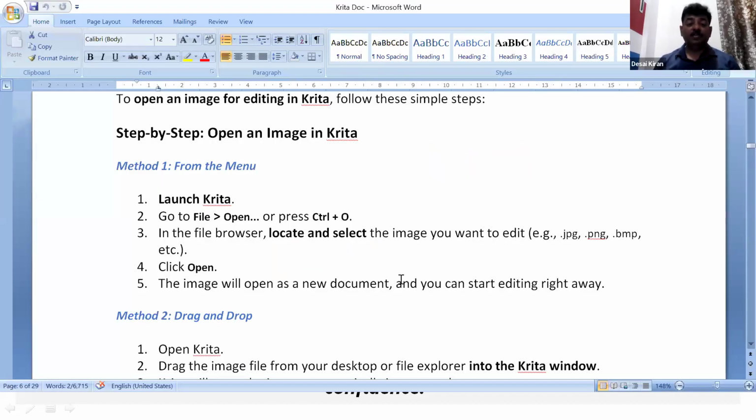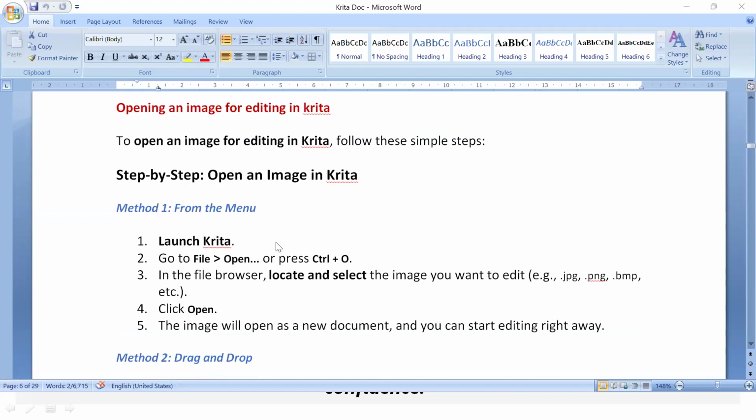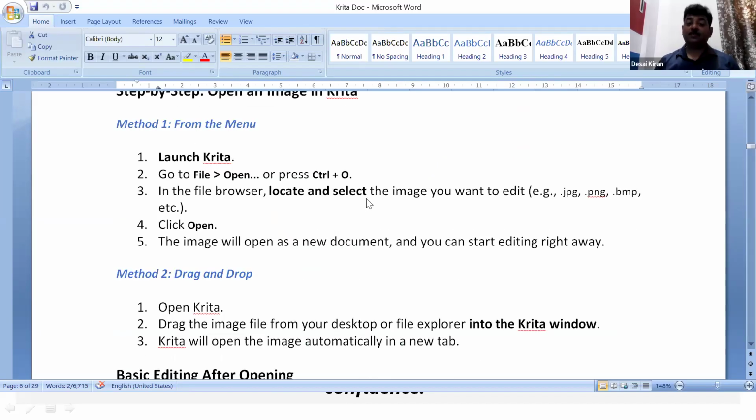So here, see, in order to insert an image for editing in Krita, first in the File menu, open option, select whatever you require, click